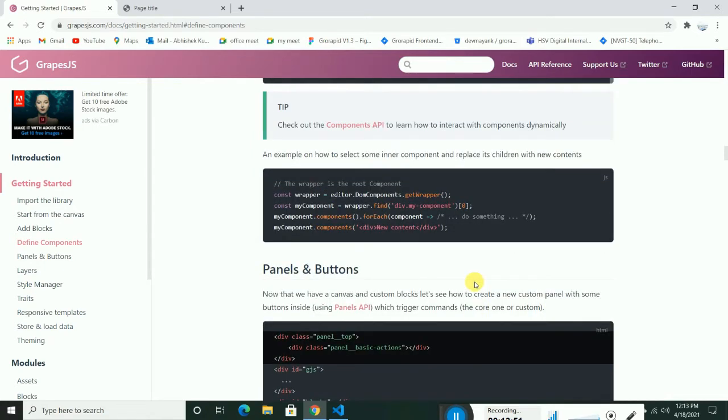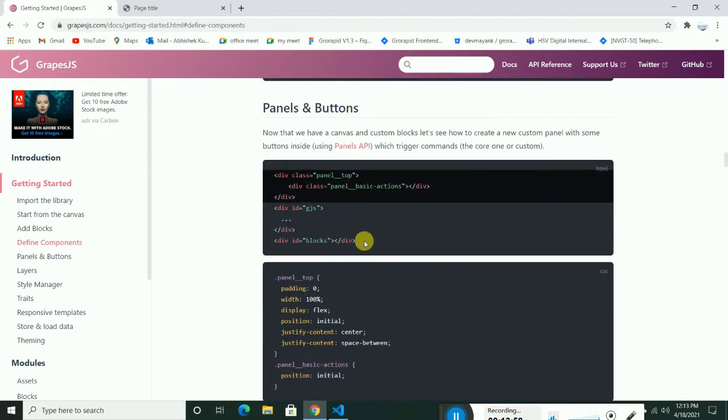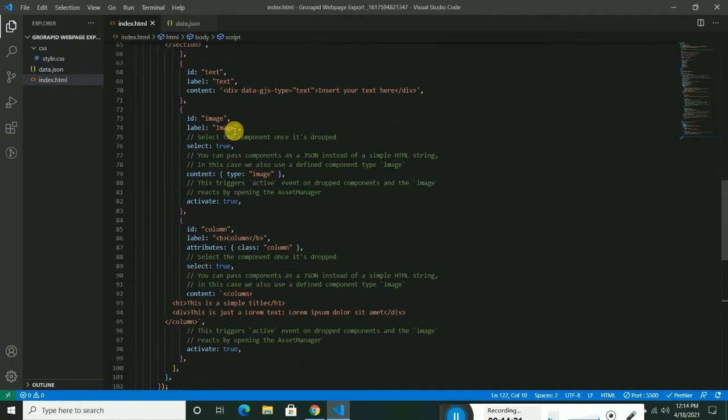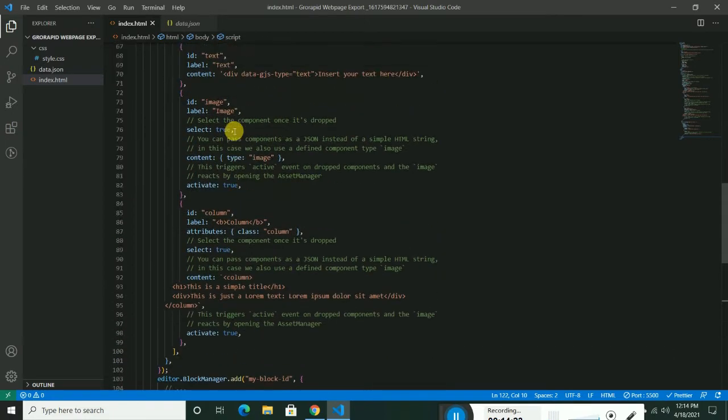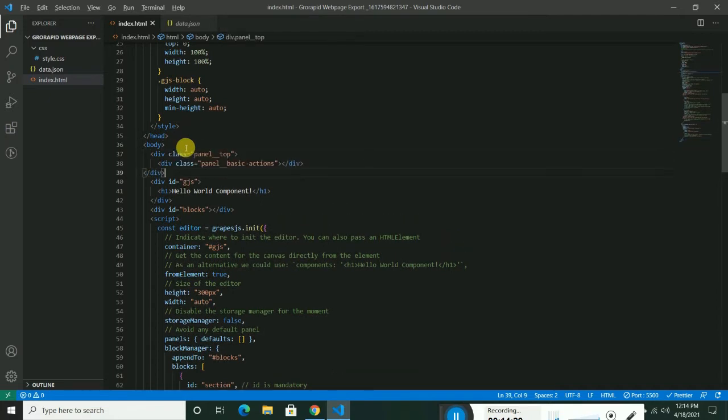What we need to focus on is a little advanced thing that you need to understand, but I think just focus on the basics if you're in a beginner phase. So just see, right now it's showing how we can show the panel and buttons on top of the canvas. You can see that we have already included the div with id gjs and blocks id. So we just need to copy this and paste it at the top of the screen like this,